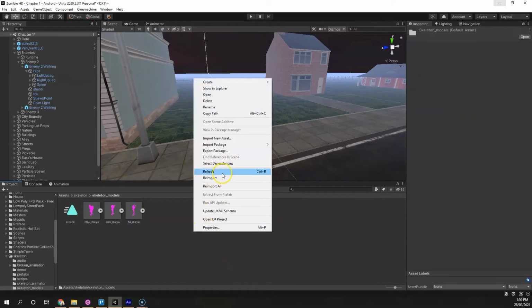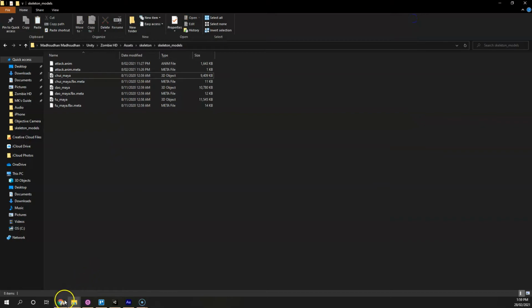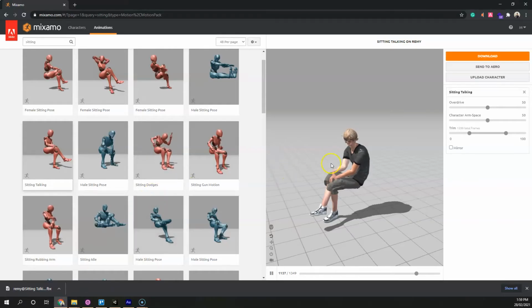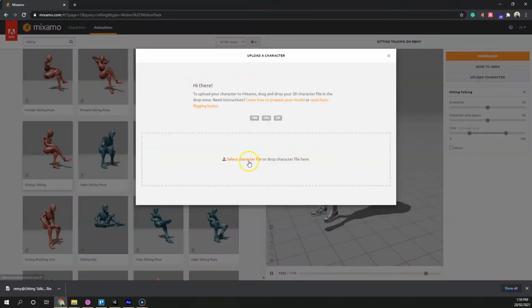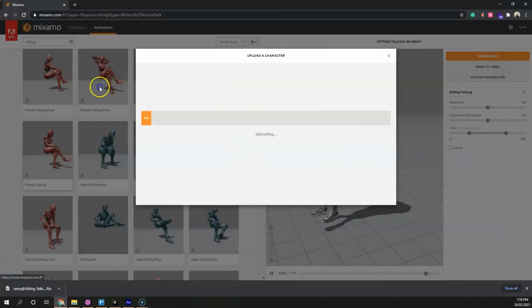If I right click inside of this folder and click on show in Explorer, now what we will do is we will go to mixamo.com, and this time we want to upload a character. So click on this upload button and click on this select character file and go to the models folder and click on one of the models. So in this case I will click on this second model, and it will take time to upload and process